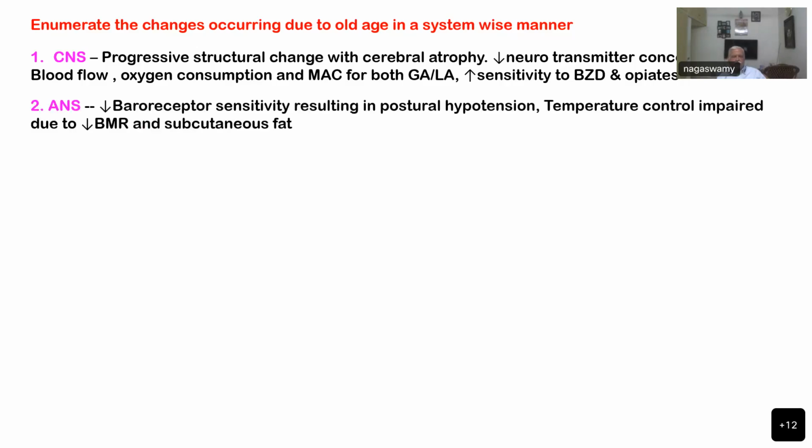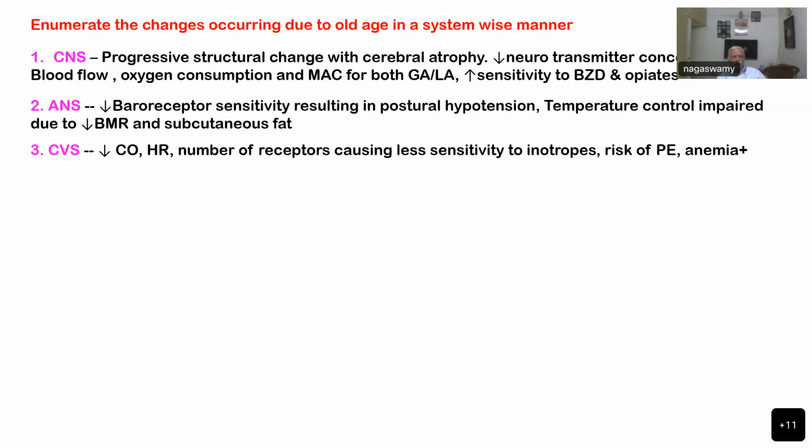So, autonomic nervous system, there is a decreased baroreceptor sensitivity resulting in postural hypotension. Temperature control impaired due to decrease in BMR and subcutaneous fat. Okay, these are the changes that happen in the ANS. And CVS, there is a decrease in cardiac output and heart rate, and number of receptors causing less sensitivity to inotropes. So there is a receptor down regulation. So it causes decreased sensitivity to inotropes and risk of pulmonary embolism, anemia, all these things are there in